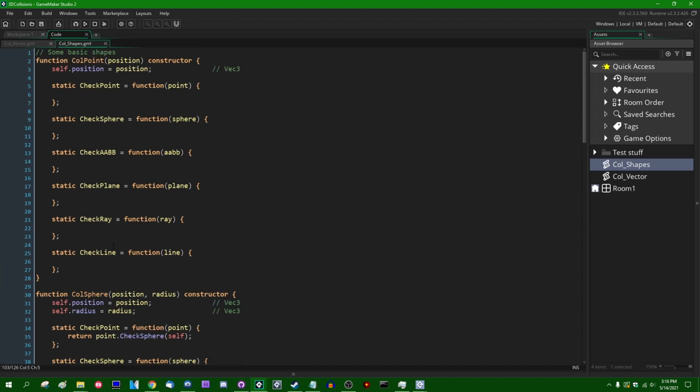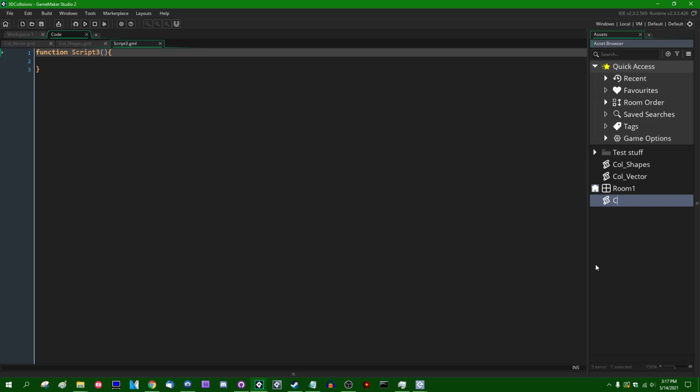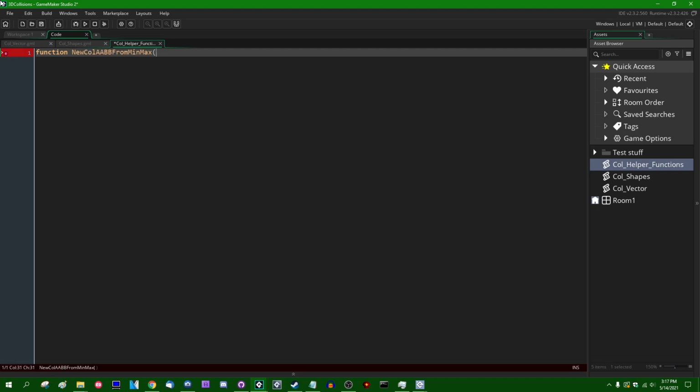One of them is, for example, in case you do want to define an axis-aligned bounding box by a minimum point and a maximum point. Let me create myself a new script, and I'm going to call that helper functions. And we can define ourselves a function which says, I'm going to call it new collision axis aligned bounding box from minimum and maximum. And this is going to take 2 parameters. One is going to be